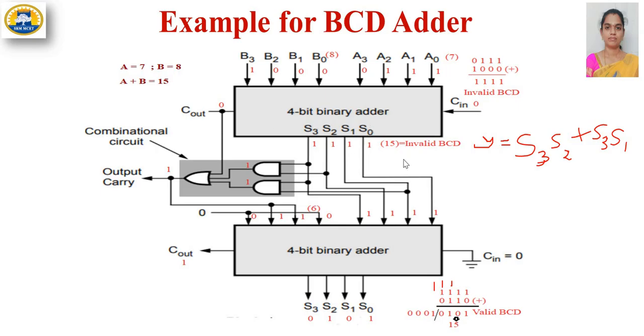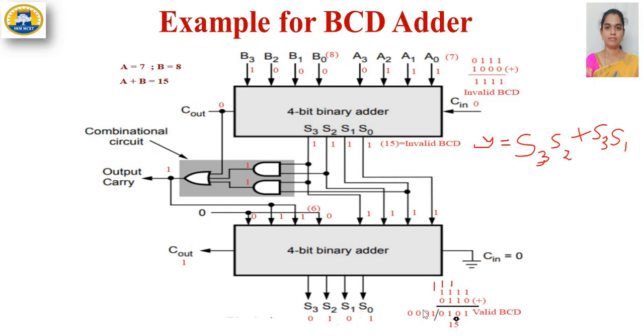That is, we are adding 6 to the result of that initial binary adder. Here the number exceeds 9. It is 15, and 1, 1, 1, 1 is an invalid BCD representation of the number 15. So we have to add 6 to that number. By using this logic, we are adding 6 to this 1, 1, 1, 1. Now adding 1, 1, 1, 1 with 0, 1, 1, 0, that is adding 6 to that number. 1 plus 0 is 1. 1 plus 1 is 0, carry 1. And 1 plus 1 plus 1 is 1, carry 1. Then 1 plus 1 is 0, carry 1.